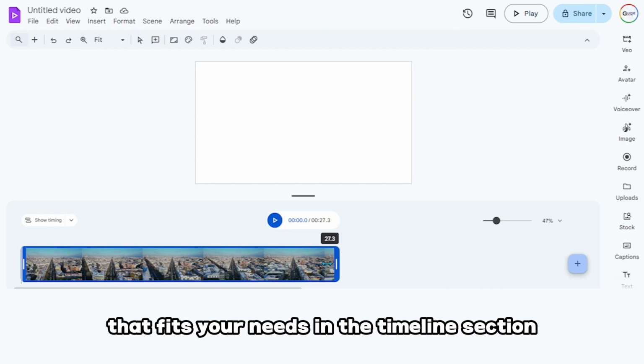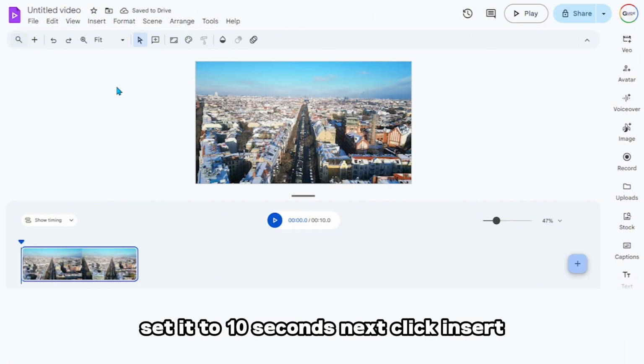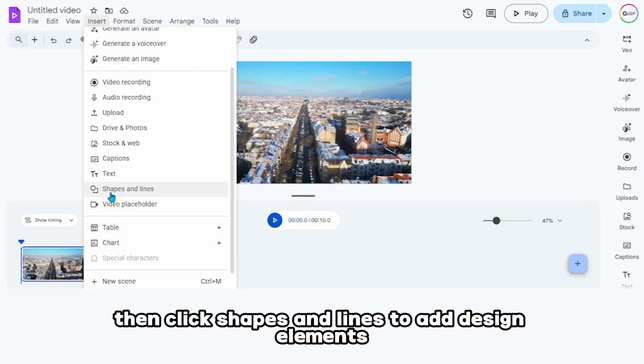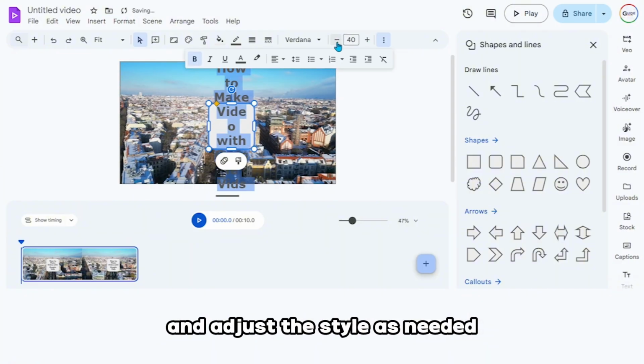In the timeline section, adjust the duration, for example set it to 10 seconds. Next, click Insert, then click Shapes and Lines to add design elements. Add a rounded rectangle. Then write for example how to make video with Google Vids and adjust the style as